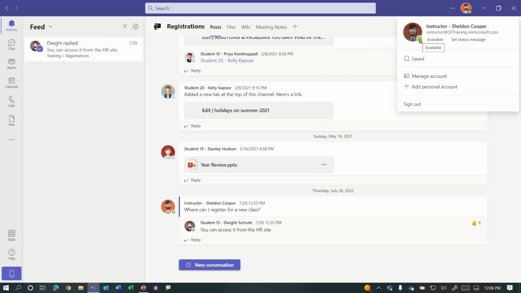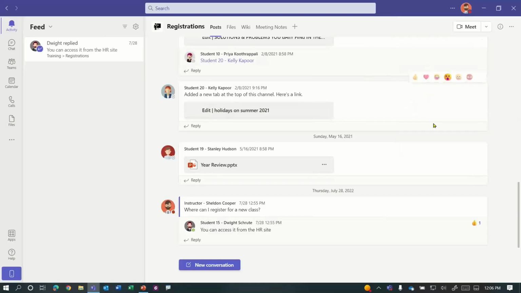Now, the status allows your colleagues to see what your current status is. And you'll notice if I click where mine currently says available, I have various statuses to choose from: available, busy, do not disturb, be right back, or appear offline. And I can choose whichever status I want to appear as.